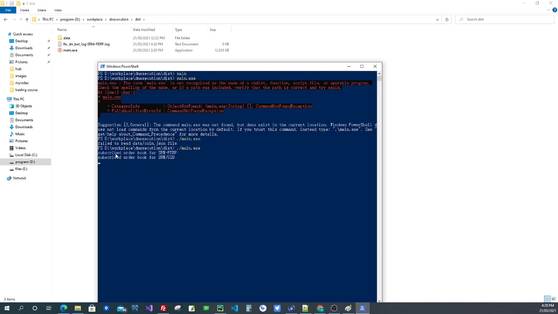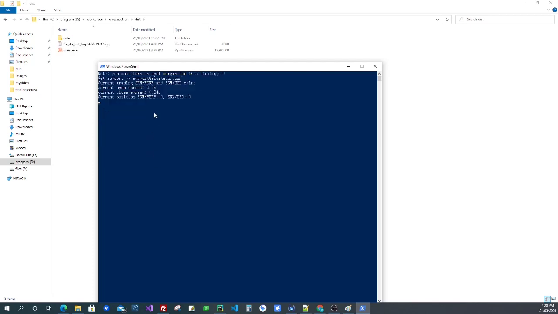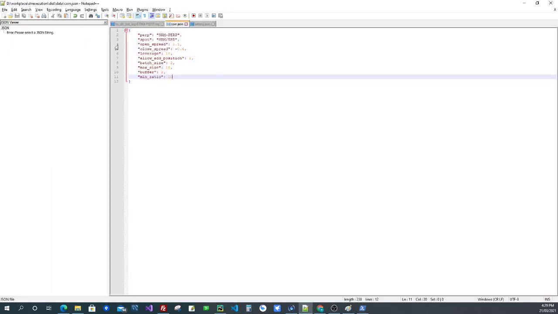Okay, then you can say subscribe order book. Yeah, so it will show the live changes for your order book. This spread is calculated live with the order book change and with exactly the size you put in your JSON file. The size you put in your JSON file is like the batch size, for example, I put 200, 300